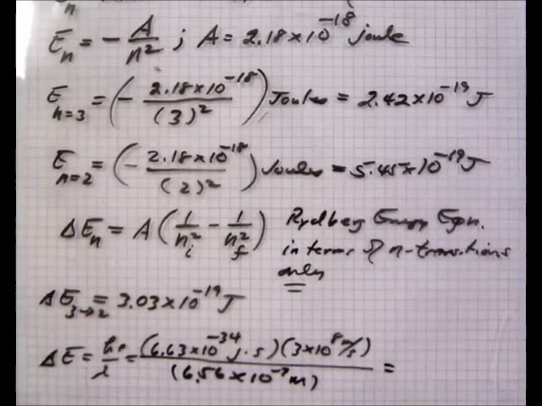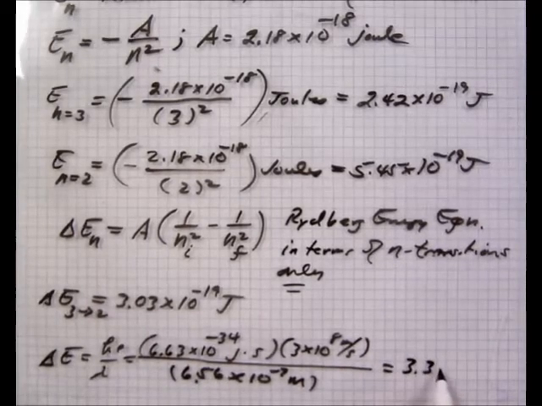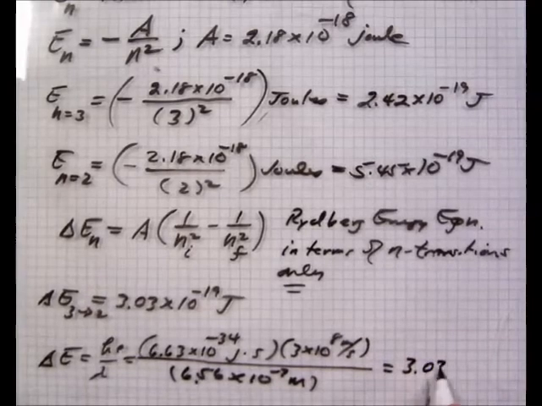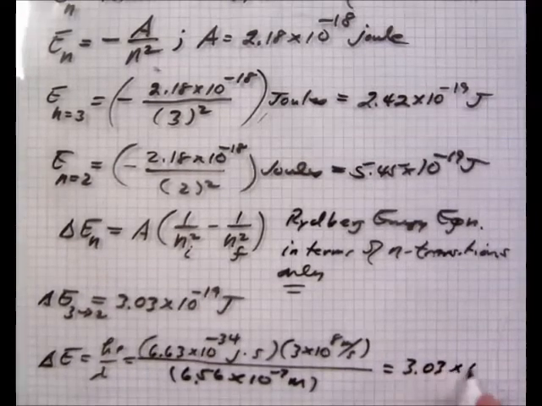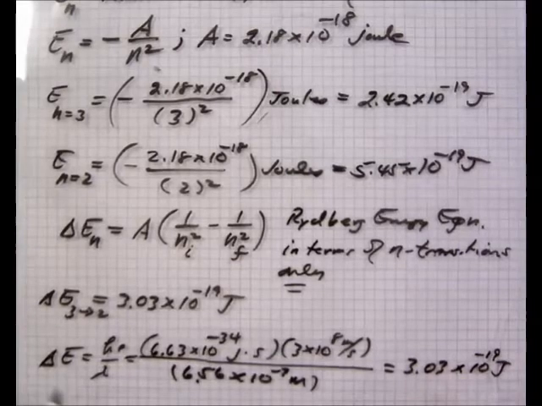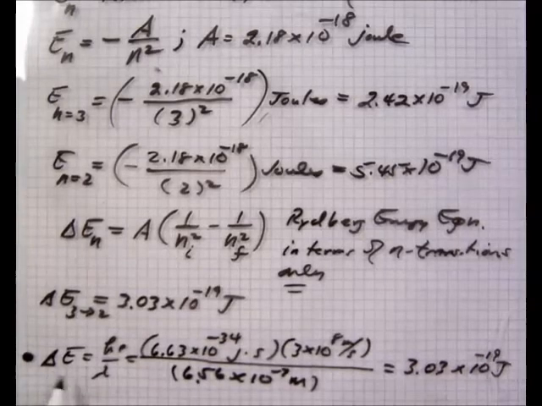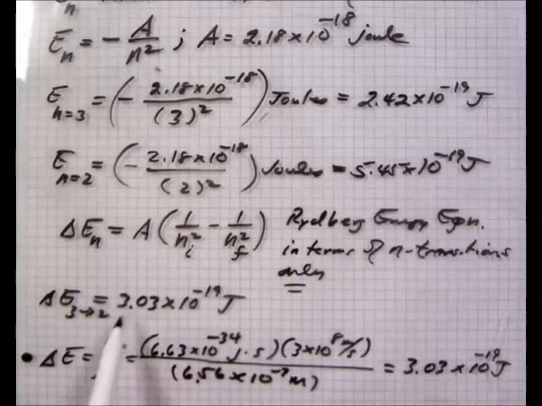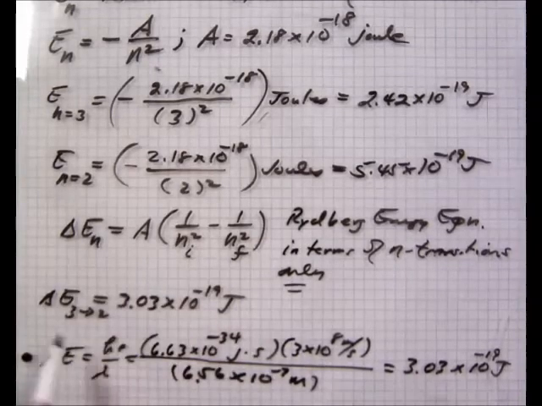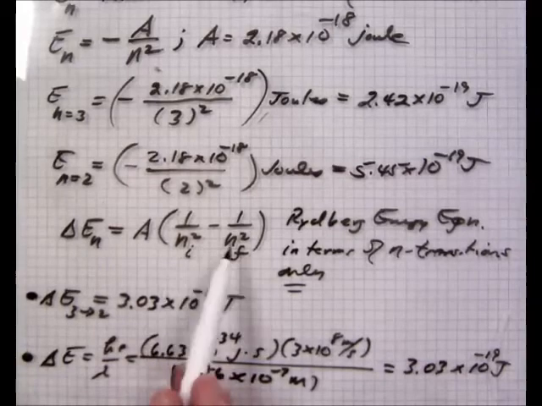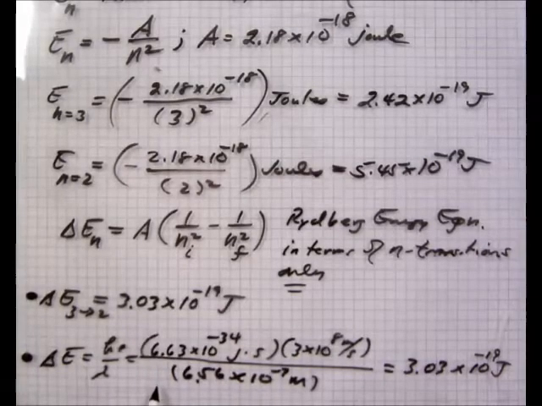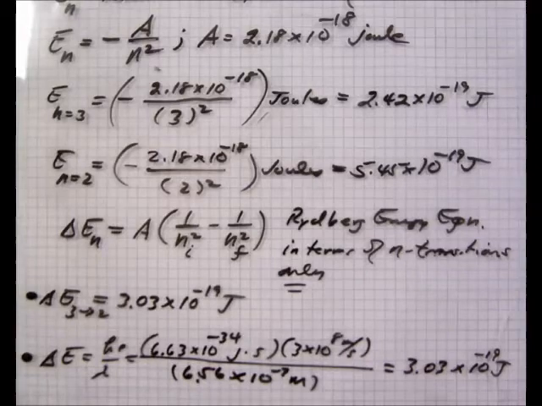Well, when you punch this into your calculator, it's going to come out identical to what we just calculated using the Rydberg equation. Except this calculation here, the second one I just did, is in terms of the EMR equation. Well, everybody knew that. Okay? This is what's new using the Rydberg energy equation. He proved that the transition produced the same energy. And so the concentric ring model grew from that. And so this is the first transition.